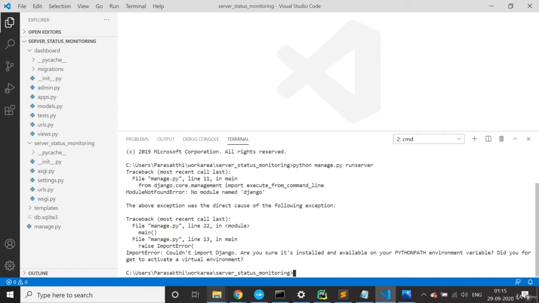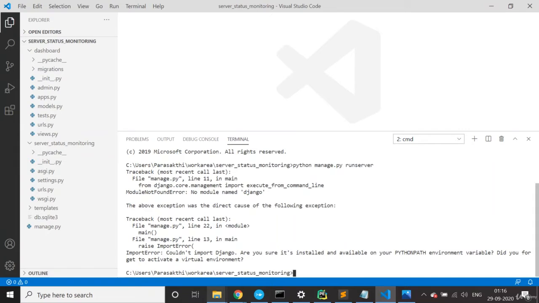Basically, I am using a Python virtual environment, which is kind of like Docker in that it gives an isolated environment for having different versions of your software. Similarly, in Python you can create a virtual environment where you install only the specific set of packages you are going to use for a specific application. For this, we are going to use Django. If you develop another project which may not use Django, like the simple Python simulator program we developed for publishing data to Kafka, we can use a different Python environment.